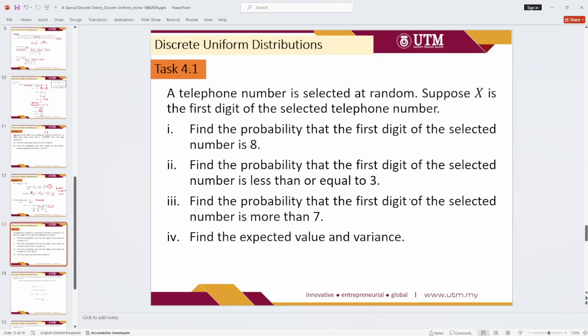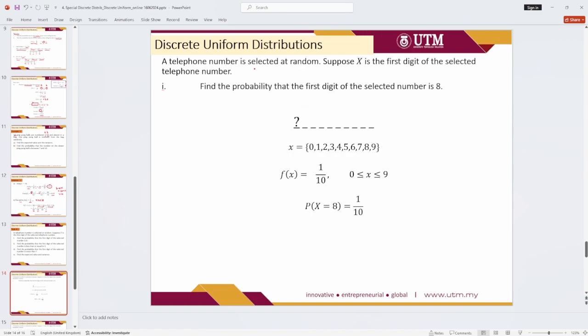Okay, so I guess we can discuss now. A telephone number is selected at random, and suppose X is the first digit of the selected phone number. Again, here we need to know what the event is and what probability we need to find. We have a telephone number that is selected at random, and I'm guessing this telephone number can be